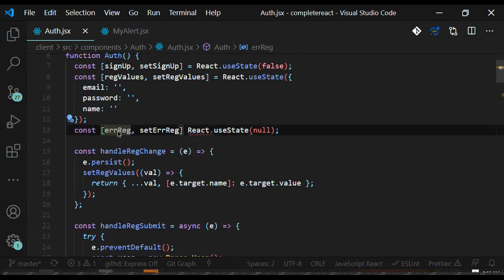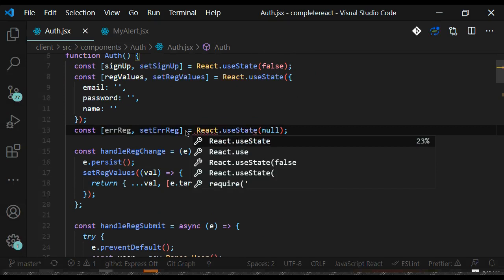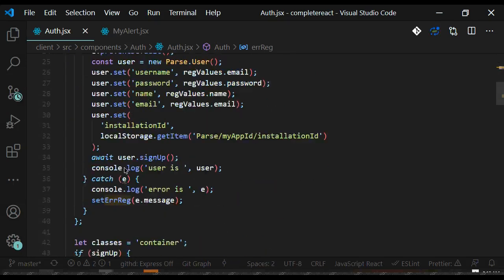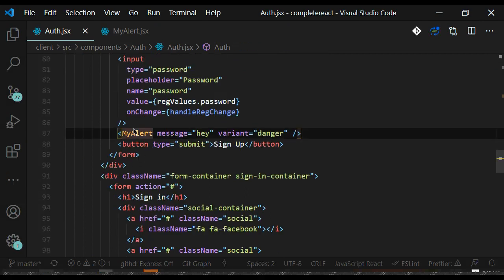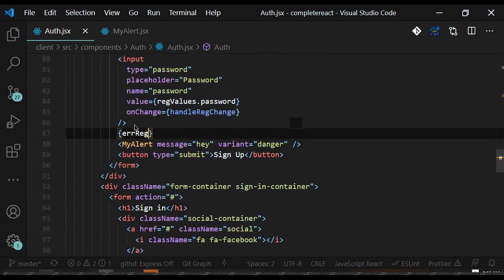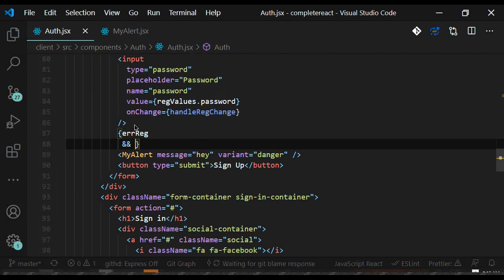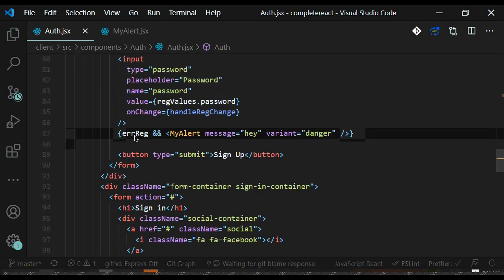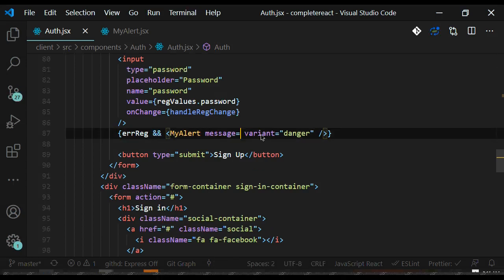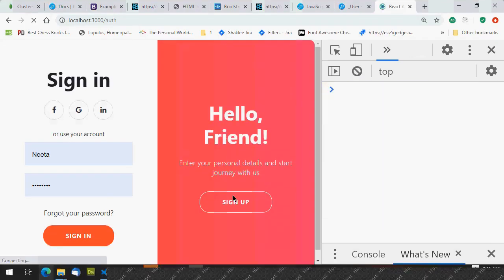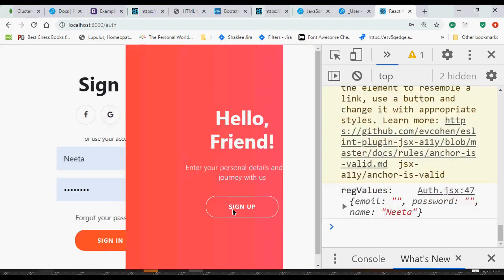So we'll set this error here, and we created this state variable, and I will take this error registered here, and here I'll say if we have error registered, then we call this myalert. Okay, so if we get error registered, instead of message, I'll pass the error registered, whatever error I am getting. Now if I see,